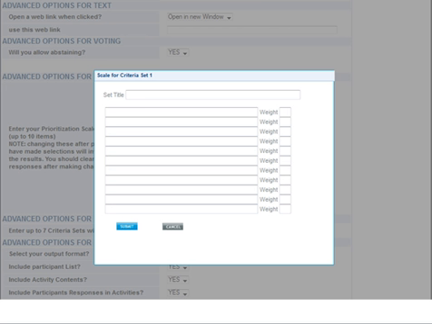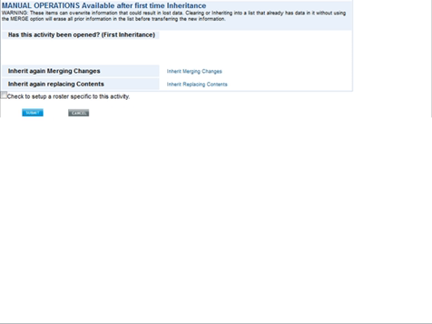A simple low, medium, high with 1, 2, 3 for the weighting, up to a 0 to 10 scale with equal weighting, or maybe a Fibonacci sequence used for agile development with a weight of 1, 2, 3, 5, 8, 13, etc. The manual operations are available after data has already been inherited into an activity and there has been